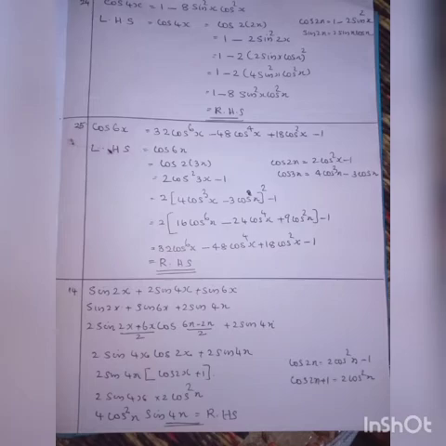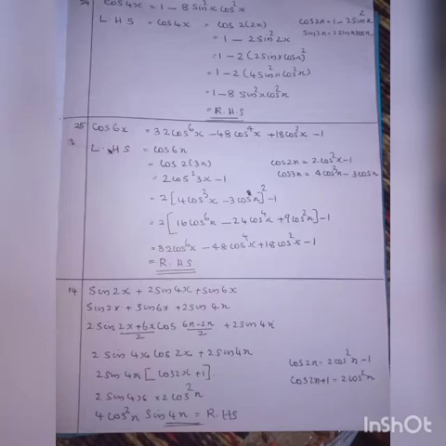I hope it is clear for you. So that is equal to 1 minus 2 sin 2x, what is the formula? 2 sin x cos x. So in the step, what is the change? 1 minus 2 into 2 sin x cos x the whole square. I hope it is clear for you. Now squaring, 2 sin x cos x changes to 4 sin square x into cos square x. Okay, now 2 into 4 become 8. So in the last step what we have? 1 minus 8 sin square x cos square x, which is equal to RHS.